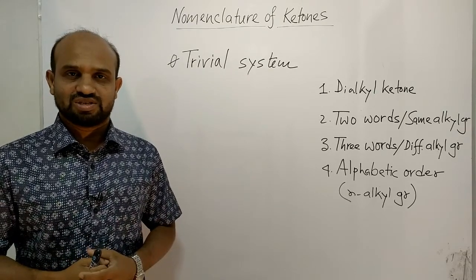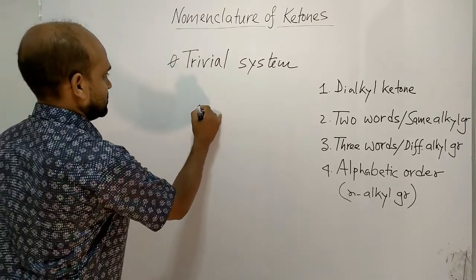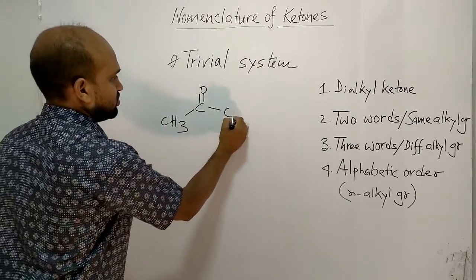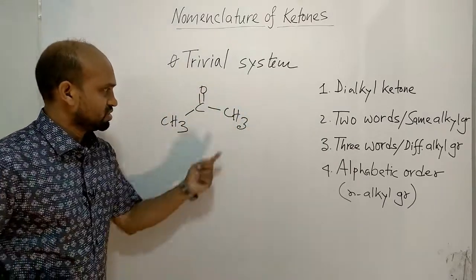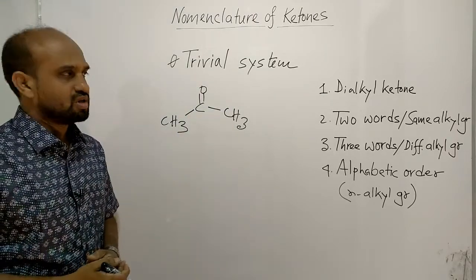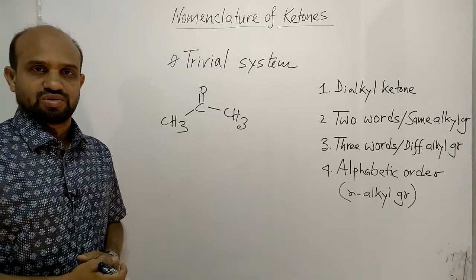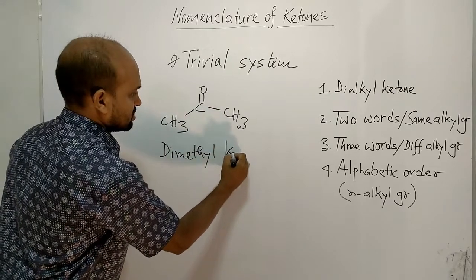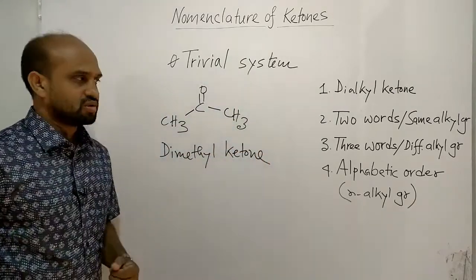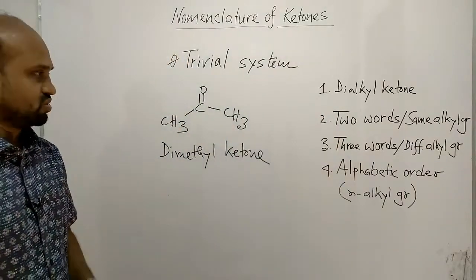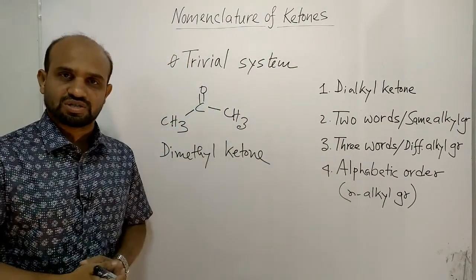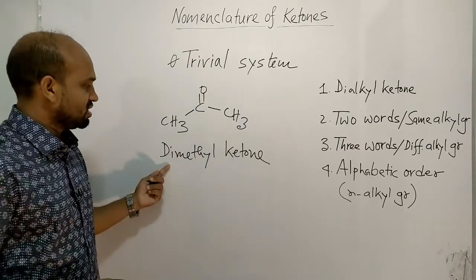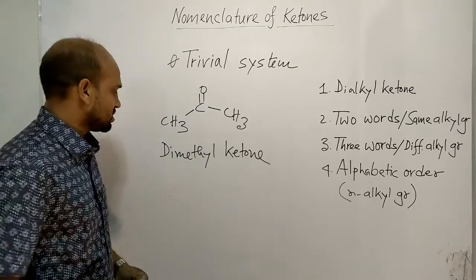Let's look at the first example. Carbonyl group, here methyl group, here another methyl group, two alkyl groups, two methyl groups, dialkyl ketone. So dimethyl ketone, two words for same alkyl group. Here these two alkyl groups are same, and then in name there are two words, dimethyl ketone. Let's see another example,